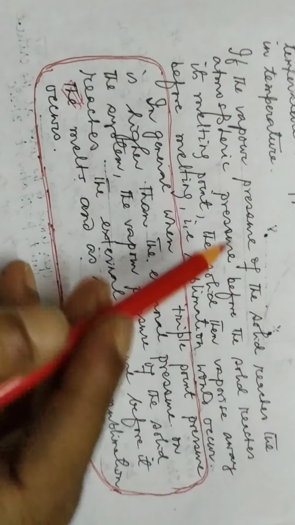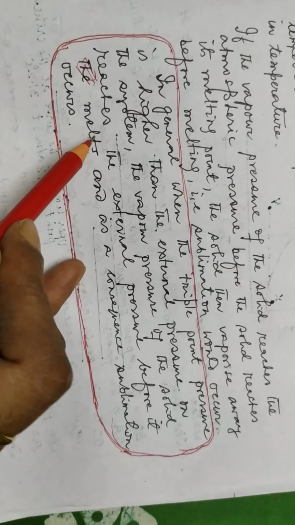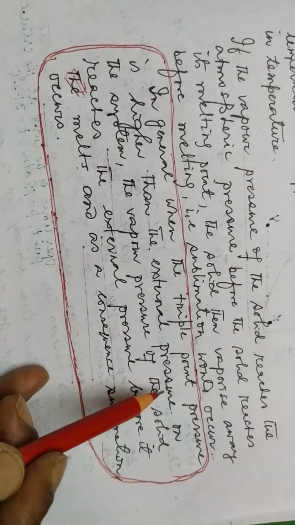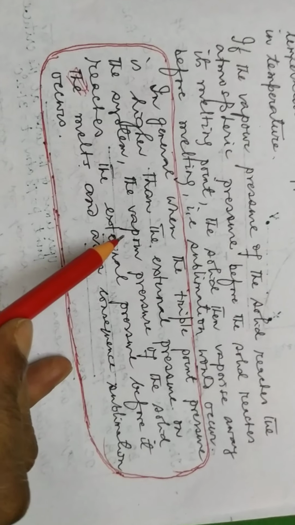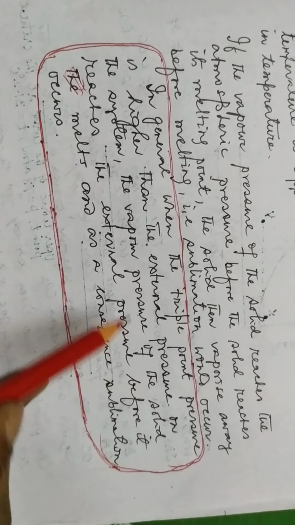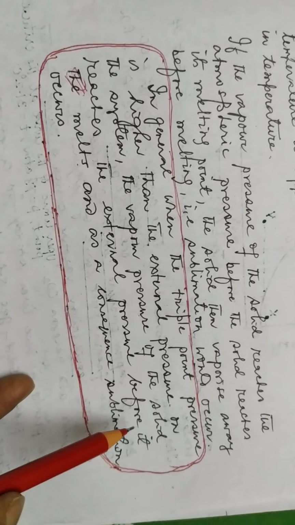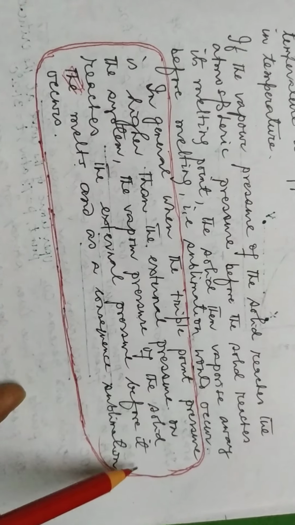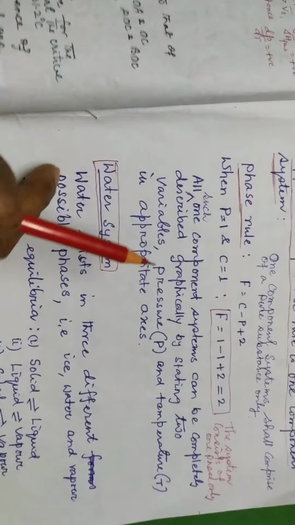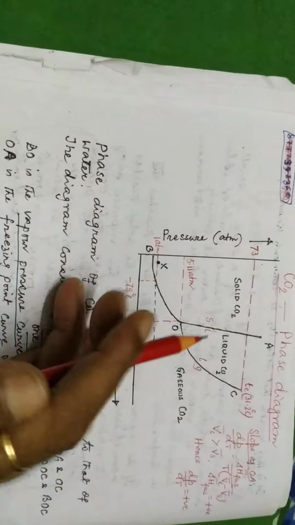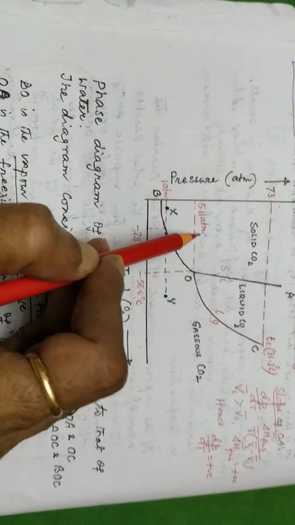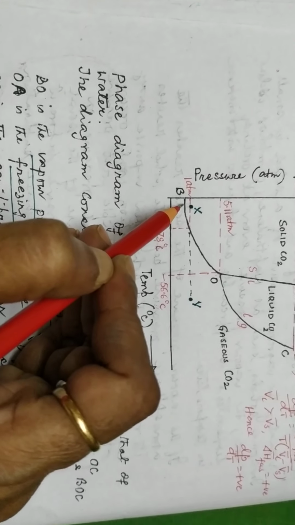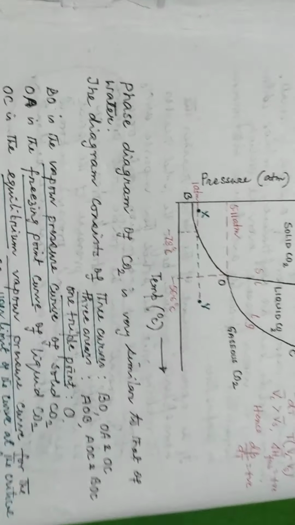So in general we can say that when the triple point pressure is higher than the external pressure on the system, the vapor pressure of the solid reaches the external pressure before it melts, and as a consequence sublimation occurs. So in case of carbon dioxide, we see that the triple point pressure is 5.1 atmosphere and the 1 atmosphere is well below the triple point. Therefore,